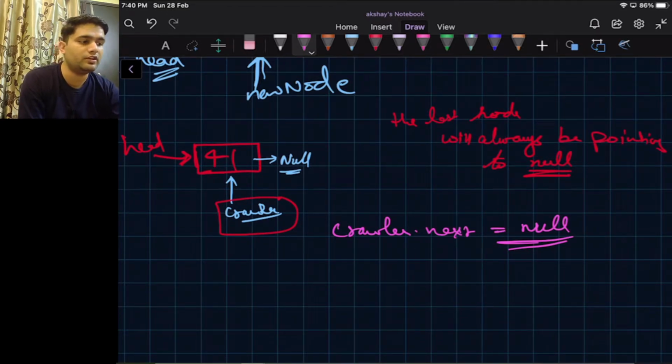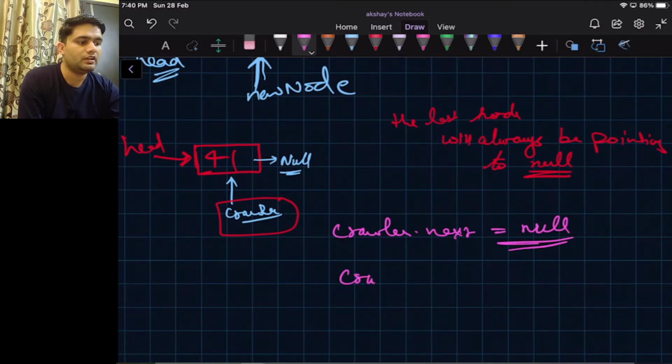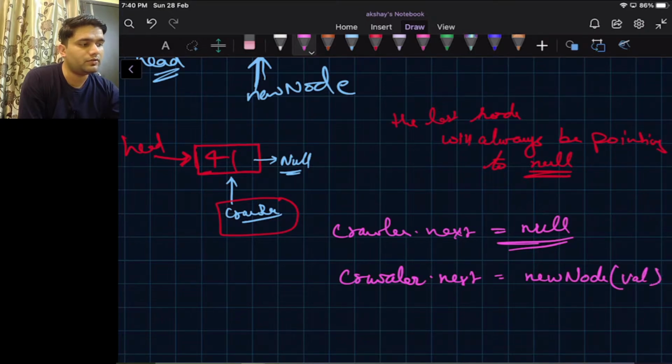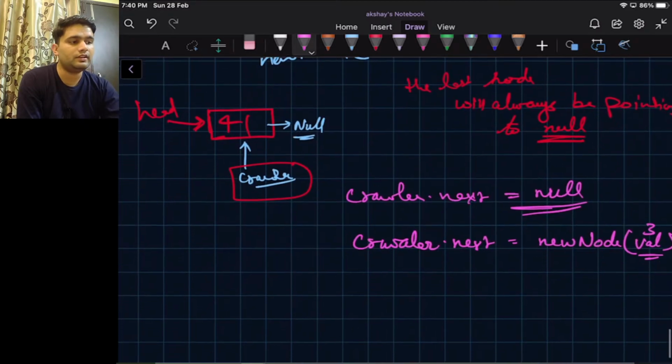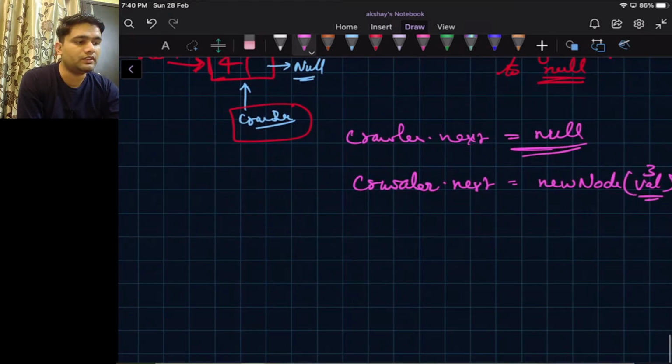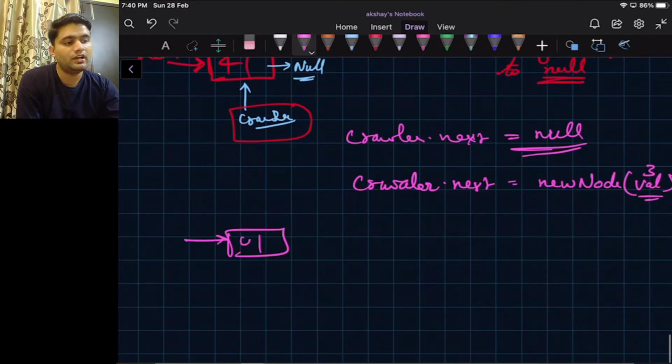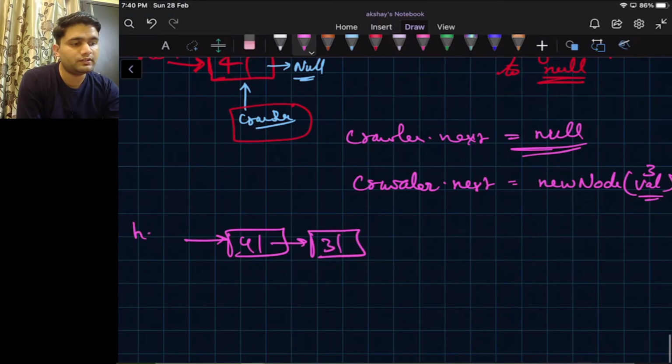So now we can simply say, hey crawler, your next will be a new node with this value, that is 3. Okay, so we were inserting 3 here. So after this statement, our linked list will become like this. Okay, now 3 is pointing to null.